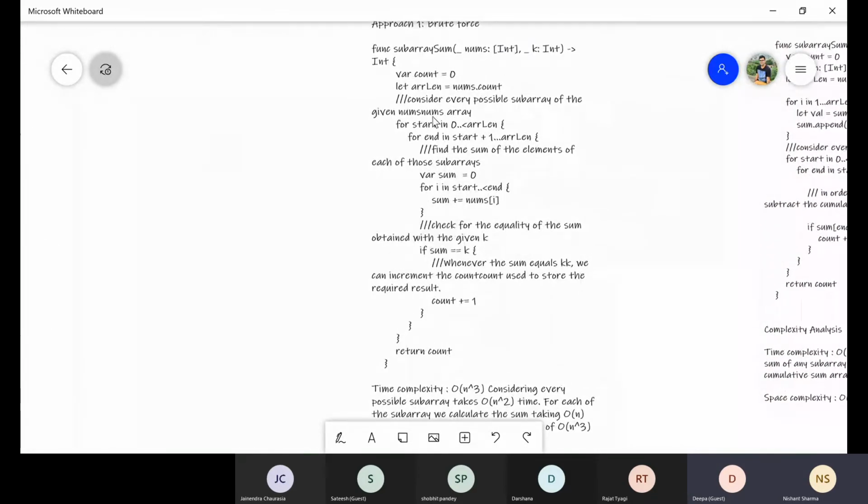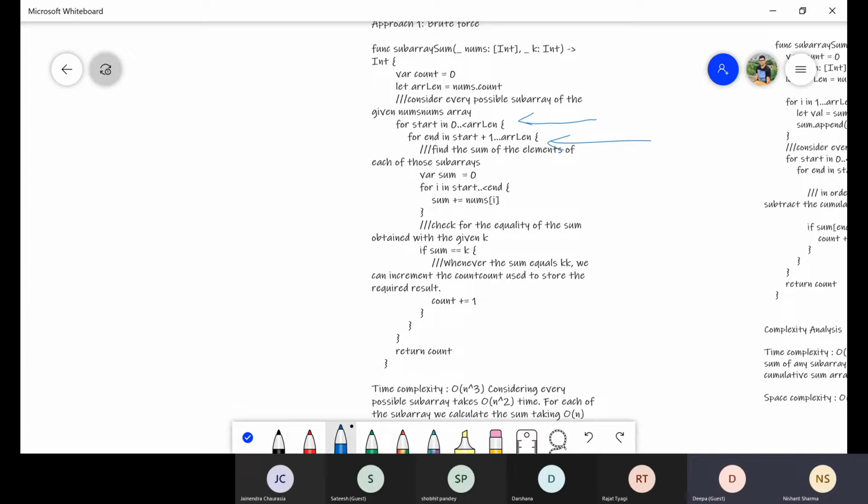If you see this, the first for loop here is giving you the start point of a subarray. Initially the start is 0 and the end point is 1. Now we have a subarray from 0 to 1, and I need to check whether the sum is equal to k or not.